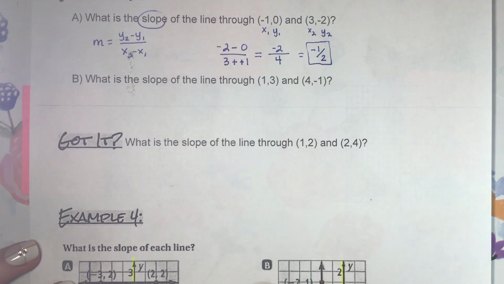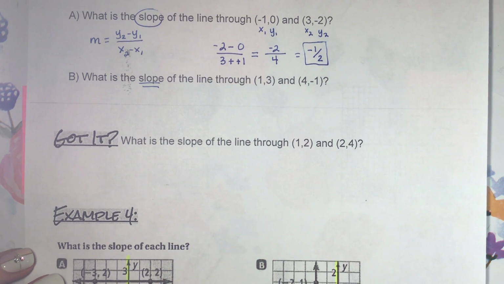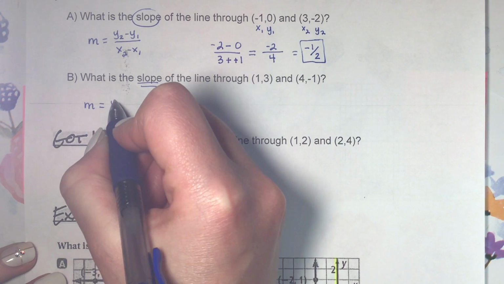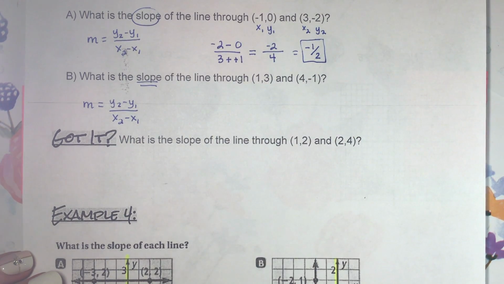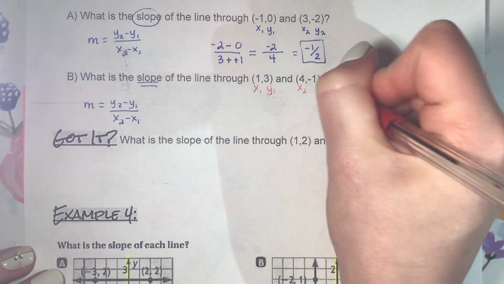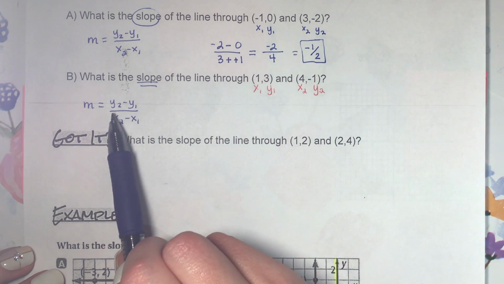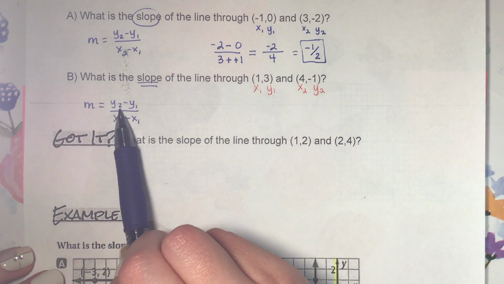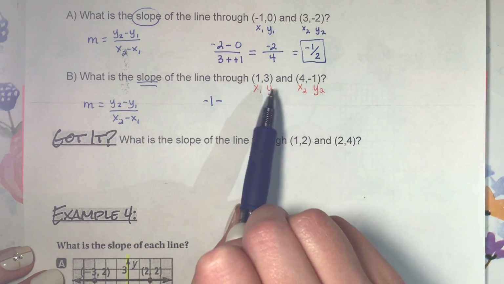Let's do it again. So I want to find the slope of the line through the point 1, 3, and 4, -1. Okay, my formula for slope, which is represented with an M, is y sub 2 minus y sub 1 over x sub 2 minus x sub 1. Let's label my coordinates. I have x sub 1 and y sub 1. Then I have x sub 2 and y sub 2. Okay. The top of my equation is y sub 2 minus y sub 1. So I'm going to replace y sub 2 with my value of -1 right here, minus y sub 1, which is 3,